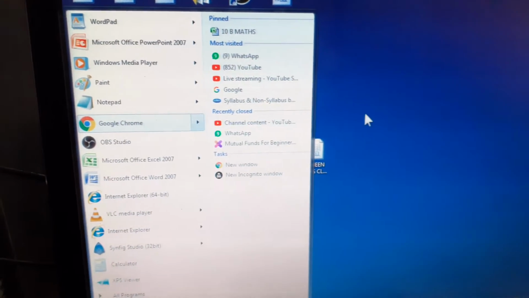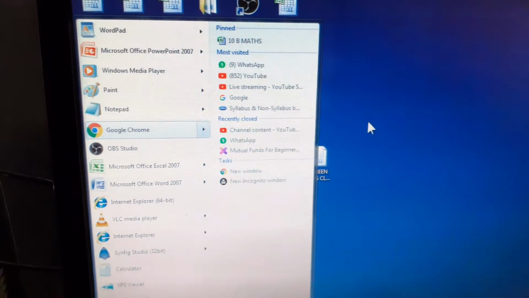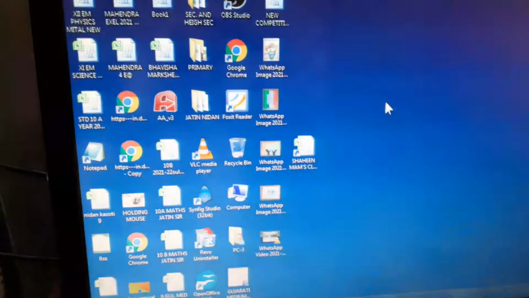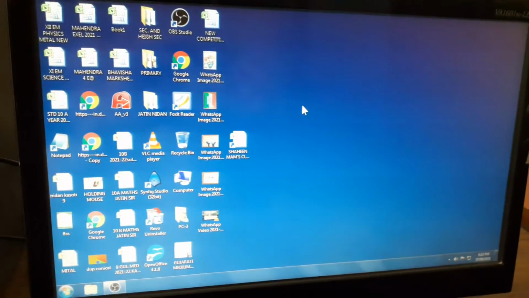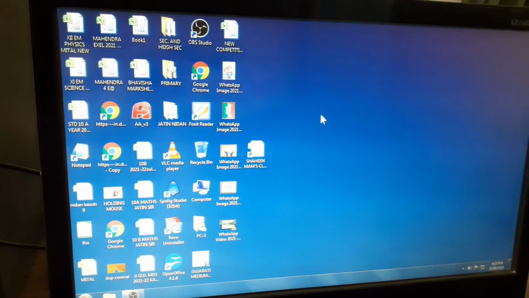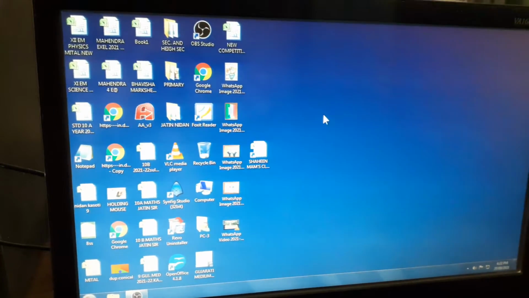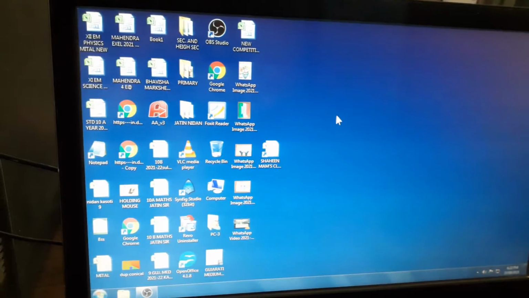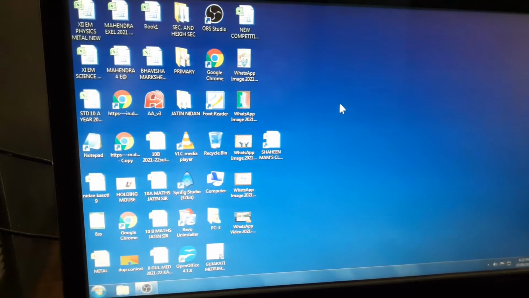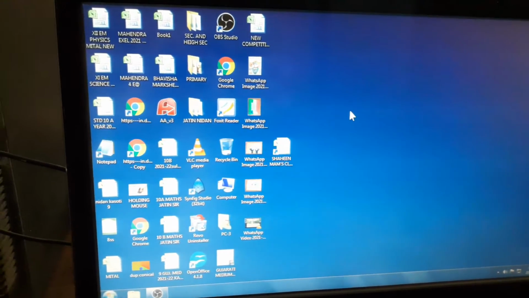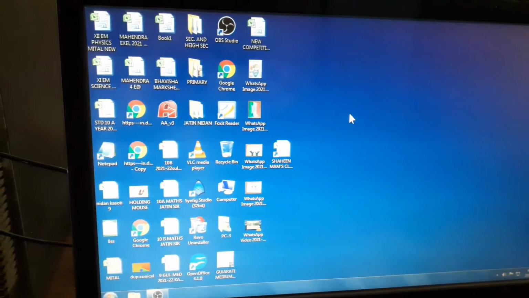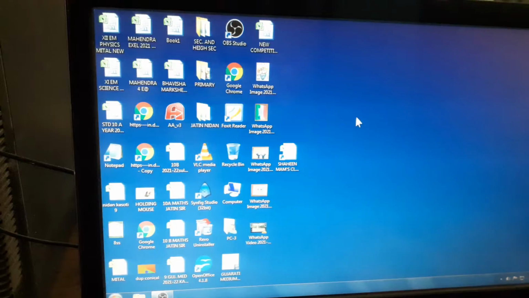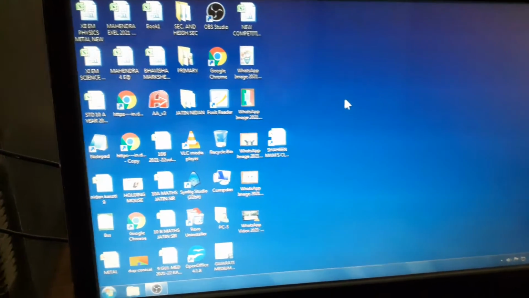Now we will see the next topic, working with windows. Page number 27. Okay, working with windows. Now here some buttons are there. First of all, minimize. So the minimize button is used to minimize a window. Then maximize, make a window bigger. Restore down, make a window smaller. Close button is used to close the window.